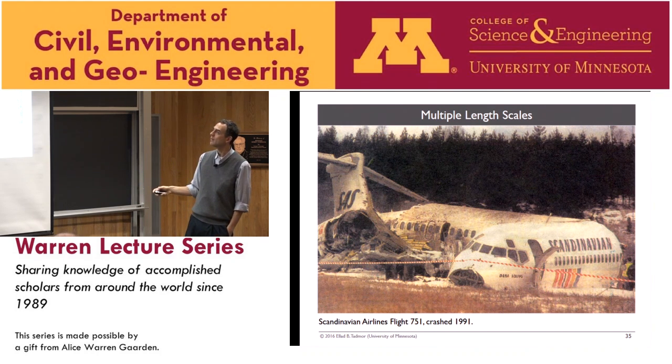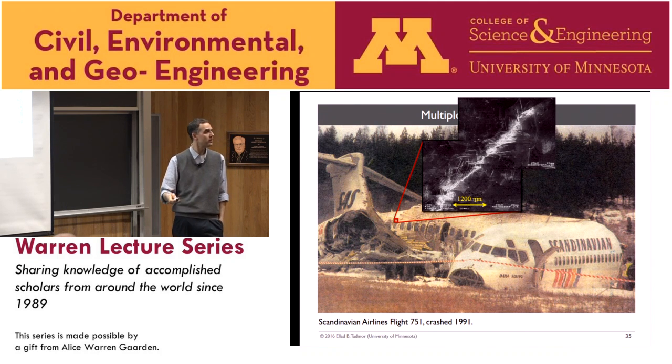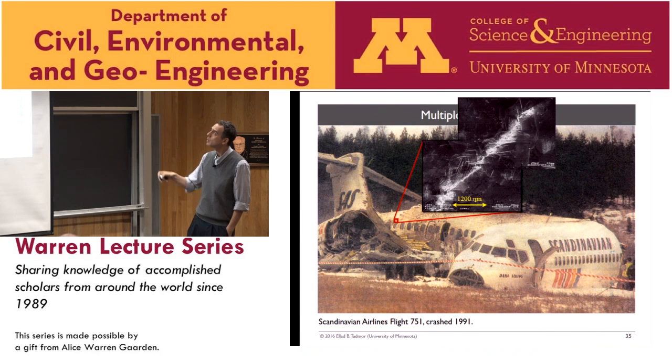OK, anyway, having said that, let's now focus in and see what this multi-scale nature of materials really is. So the investigation team that came in and looked at the damage in this plane, trying to understand what happened, would make pictures like this, where they look at the damage at the tip of a crack. This is really the macroscopic crack that you can see in the system. The length scale is 1.2 millimeters, 1,200 microns. But we're going to zoom in and see what's happening in the material at different scales.